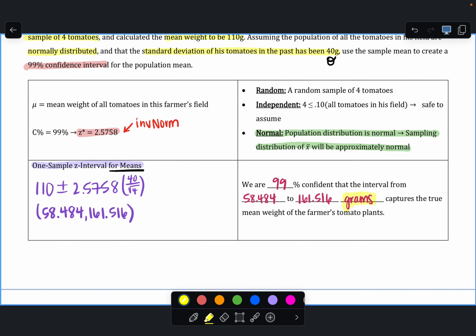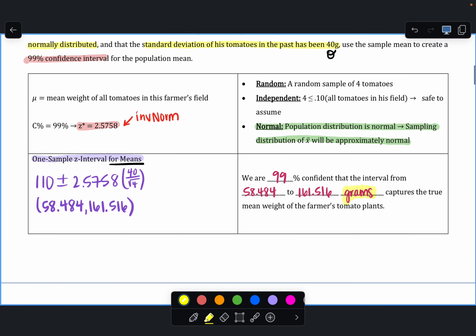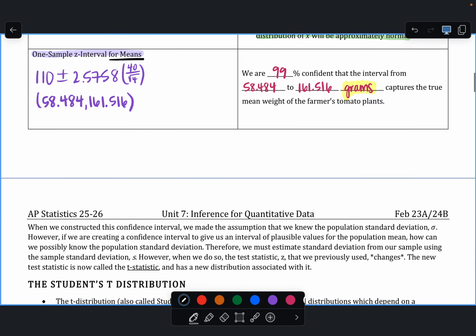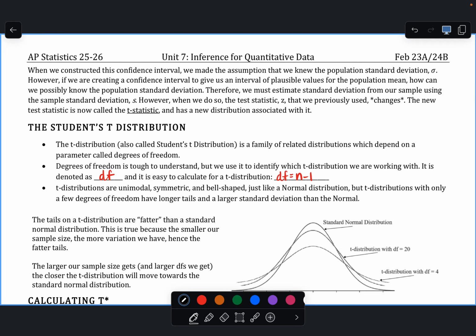Where this starts to change, and where we get a new formula, but not an entirely different one, is this: the whole question hinged on the fact that we know the population standard deviation. That was one of the requirements for me to be able to do sigma over square root of n. Realistically, if you are trying to estimate, and this is what this paragraph says here, but I'm going to summarize it for you,